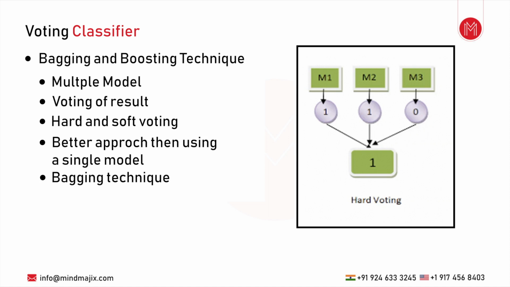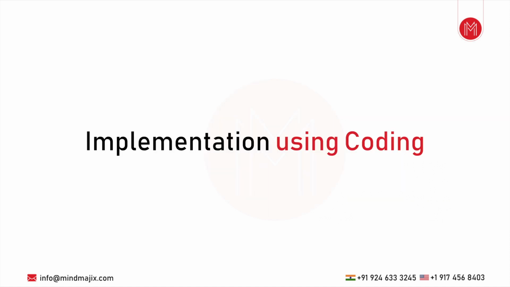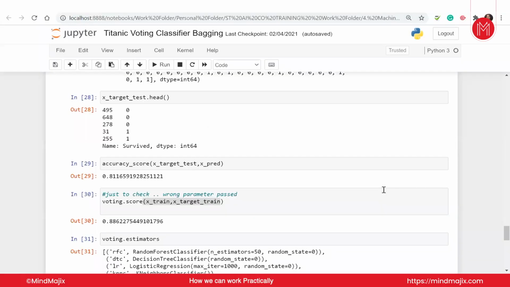For a better approach, we can simply use a single model and see if it is better than this or not. But again, guys, as we are using multiple models, we have a more generic answer at the end, because we are not depending on a single model's expertise. It is a bagging technique and it is very frequently used. After random forest, this is the next classifier which is used very frequently in companies. So let's work on a project and see how it really works.